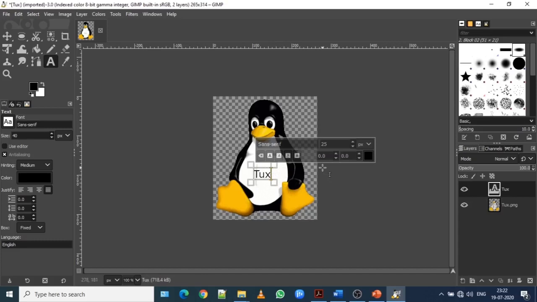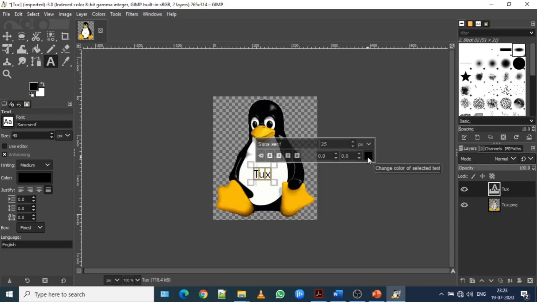To change the font color, I have to change it to blue. As of now the color is selected as black, so change it to blue. So left click on the mouse button and select the whole area of the text.